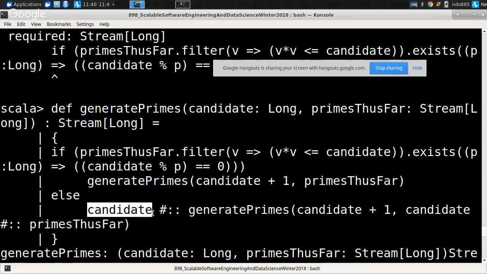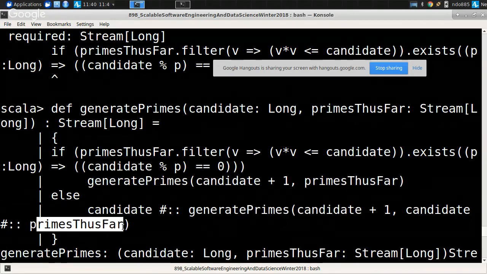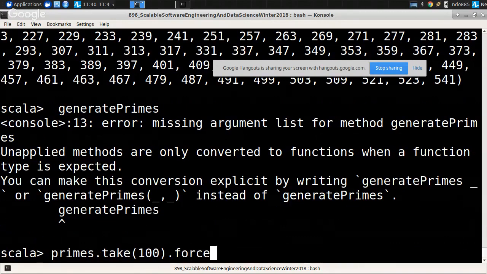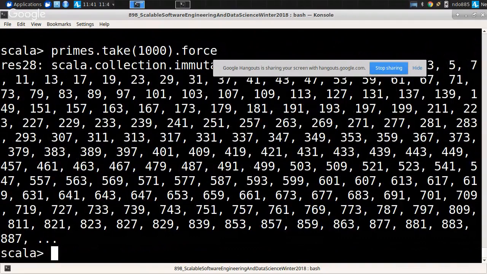By contrast, if candidate is prime, we append it. The primes from candidate onwards include candidate, right? We found it's prime, and whatever primes are found from candidate plus 1 onwards, considering the fact that candidate itself is a prime in the number to do there. Do you see that? Takes your head a little bit of time to get your head around that, but who could deny beauty? Well, I'm not denying beauty,